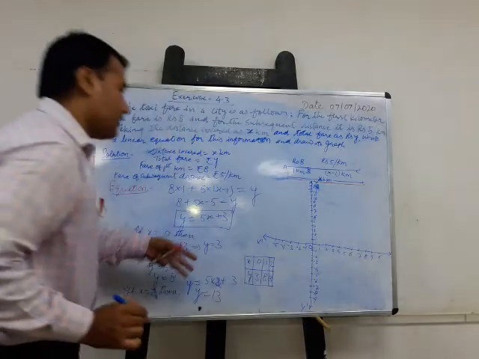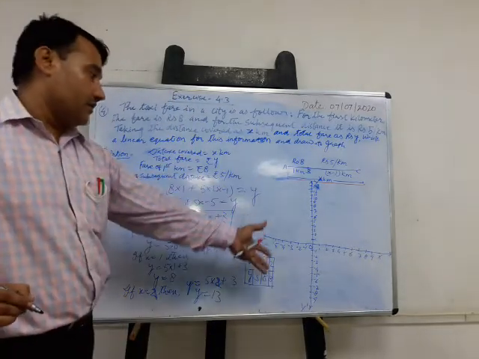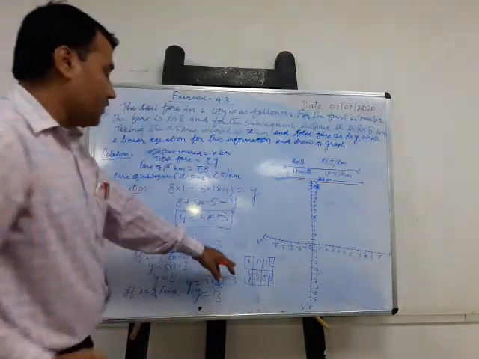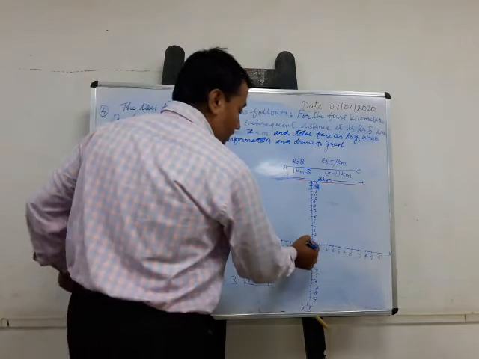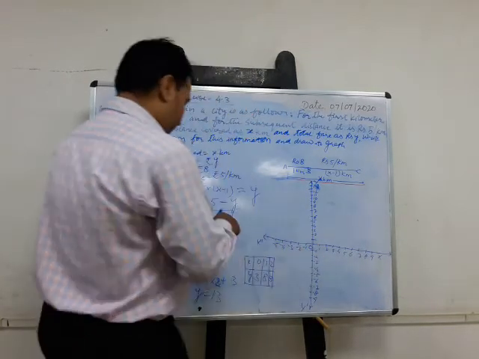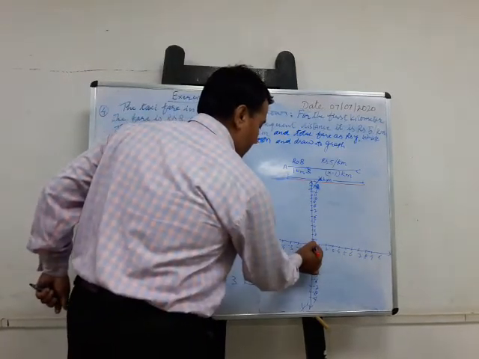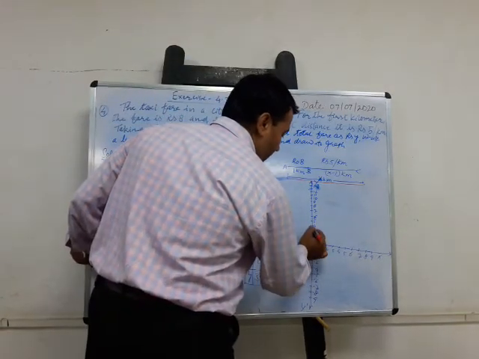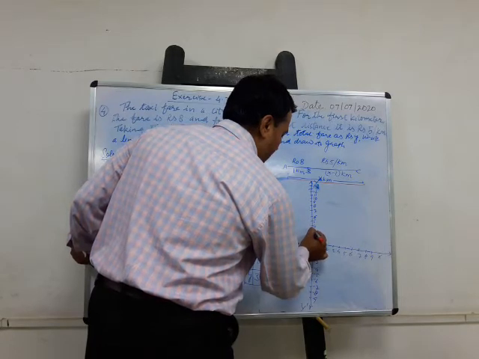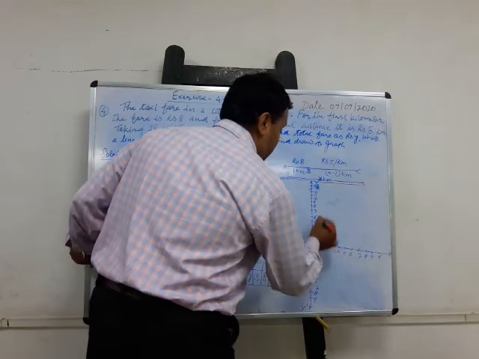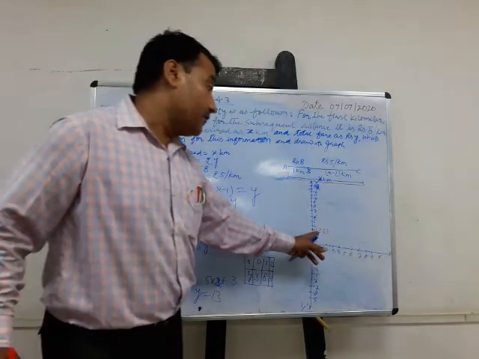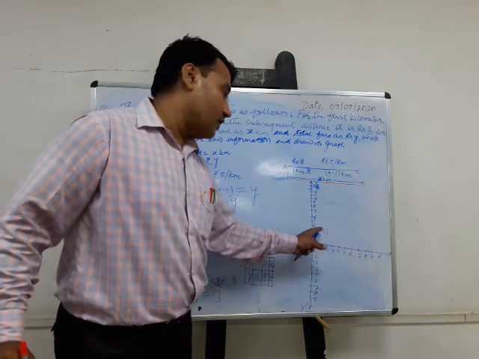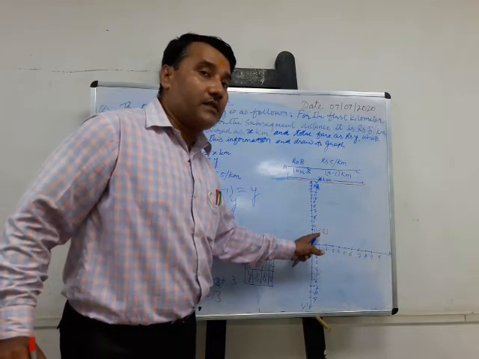Children, let us now represent the information on this coordinate system. Your ordered pair is 0, 3. If x equal to 0, then y equal to 3. X equal to 0 is here, clear, and y equal to 3 is over here. Now, x equal to 0, y equal to 3 means the point is lying on the y axis.